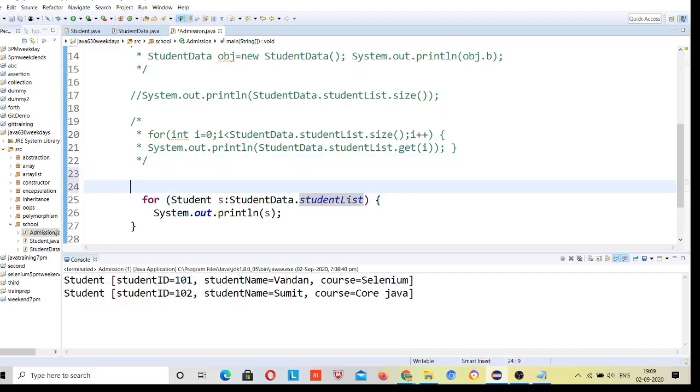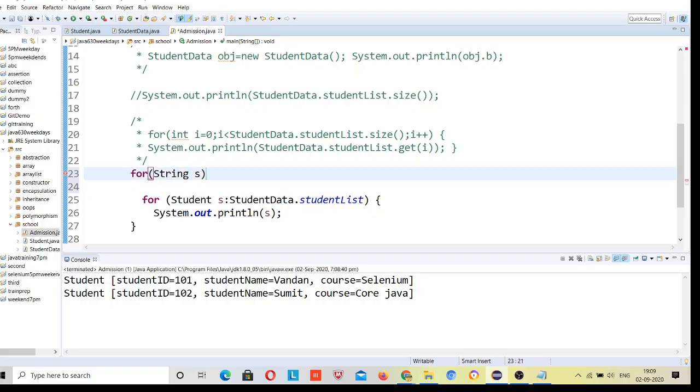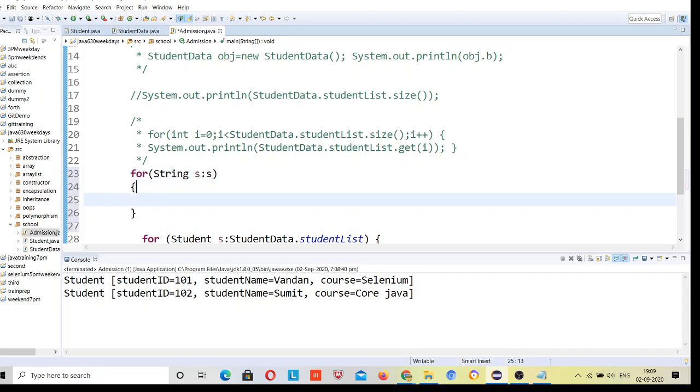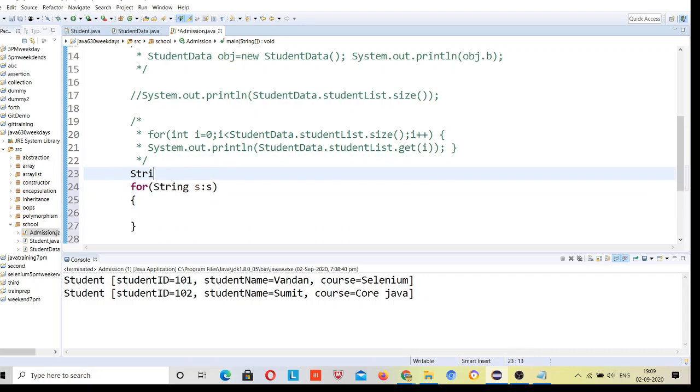What you have to do with the for each loop, suppose you have to print a class type. Similarly, the String class is there and String has some values, as you have to pass any string variable which contains the data. Suppose String array name equal to new String of 5 here.